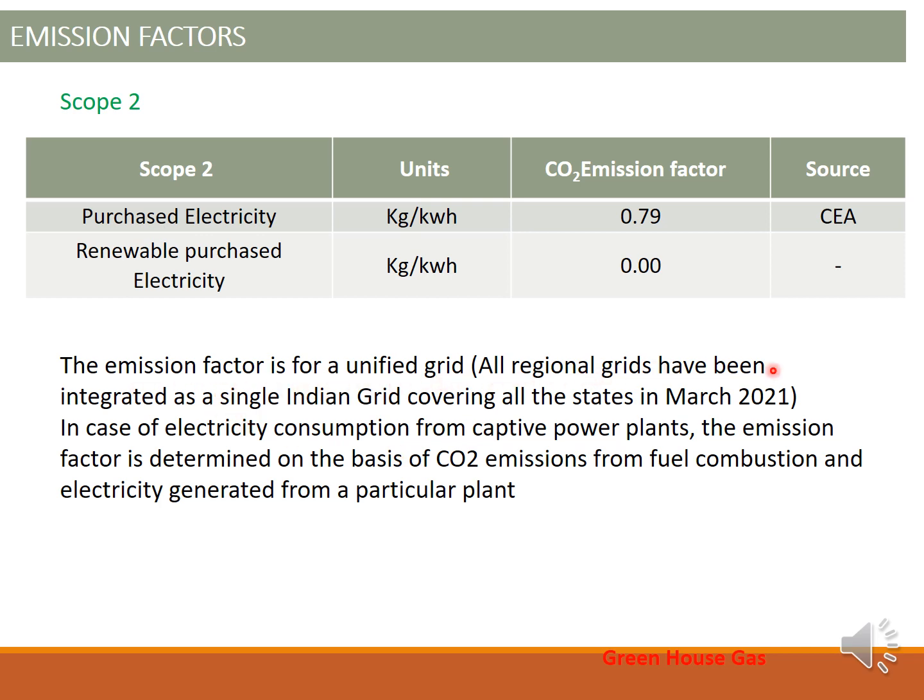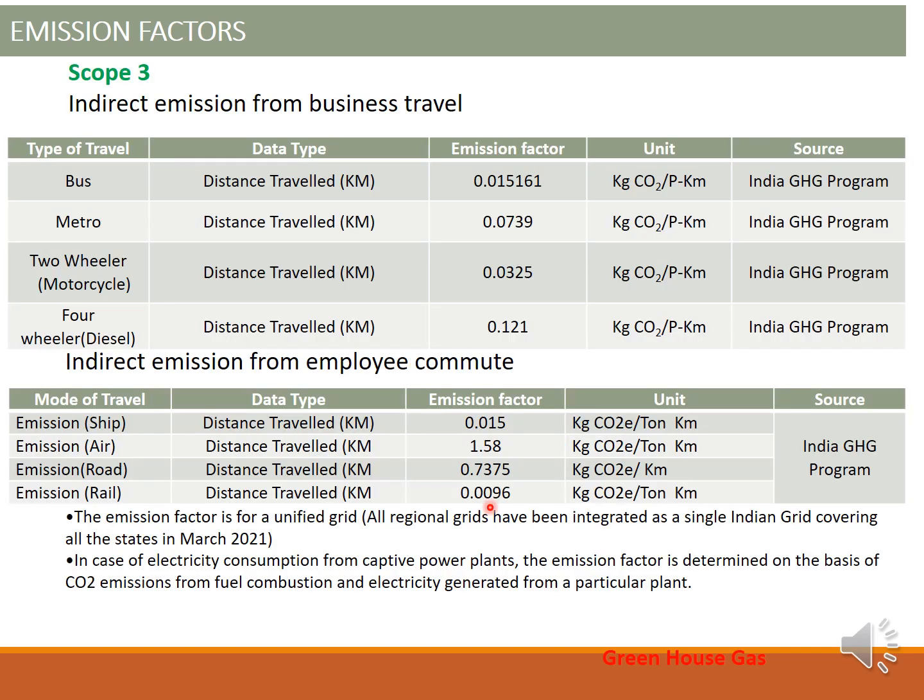All regional grids have been integrated as a single Indian grid covering all the states in March 2024. In the case of electricity consumption from captive power plants, the emission factor is determined on the basis of CO2 emission from fuel combustion and electricity generated from that particular plant. Like for Scope 3 emission factors, indirect emissions from business travel like buses, metro, two wheelers, four wheelers. For distance traveled in km,